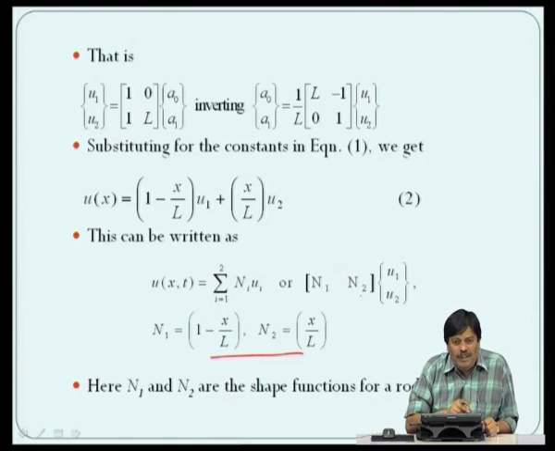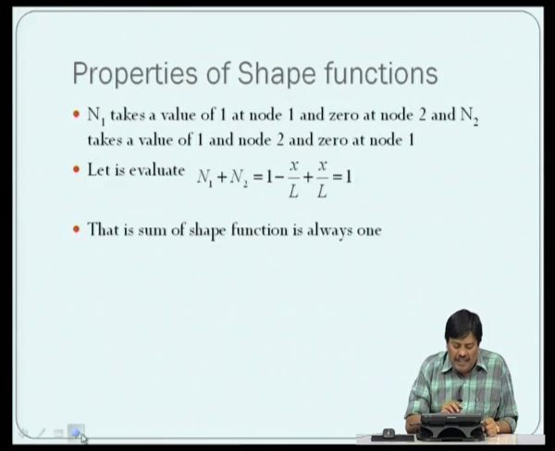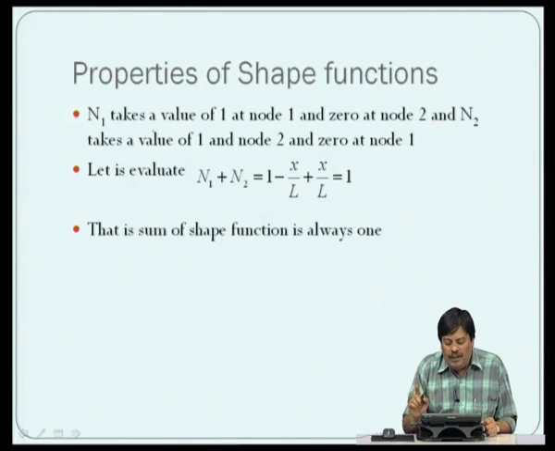So, at node 1 we need displacement to be u1. So, u2 should go to 0. So, that is why x equal to 0. At x equal to 0, the n2 goes to 0, n1 is 1. At x equal to L, n1 goes to 0 and n2 will be equal to 1. So, n1 takes the value of 1 at node 1 and 0 at node 2, and n2 takes the